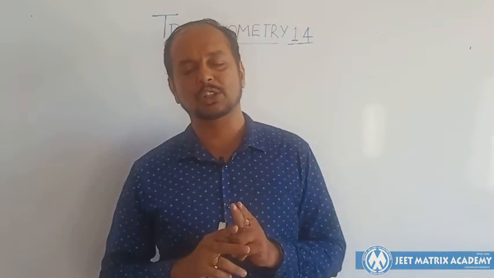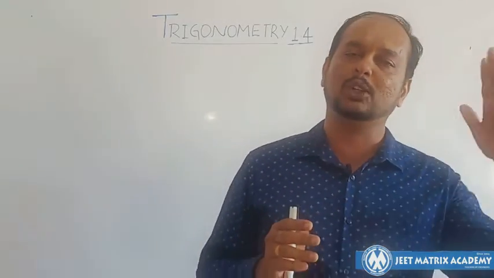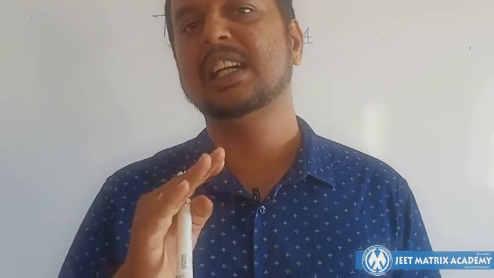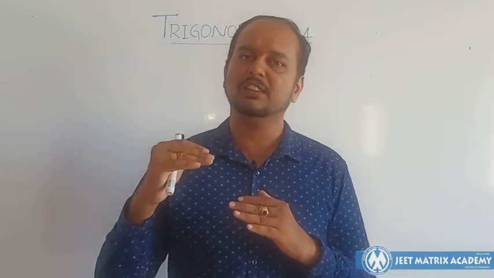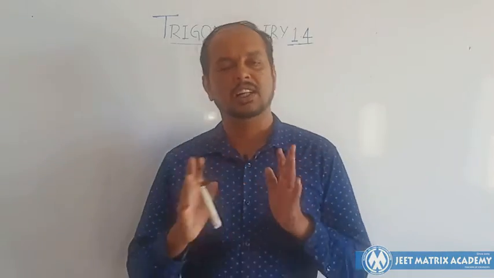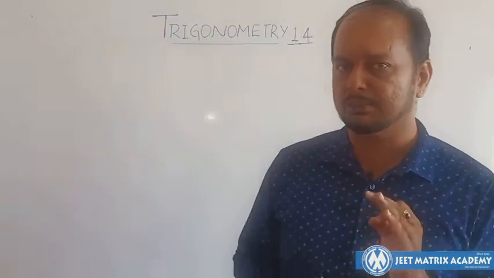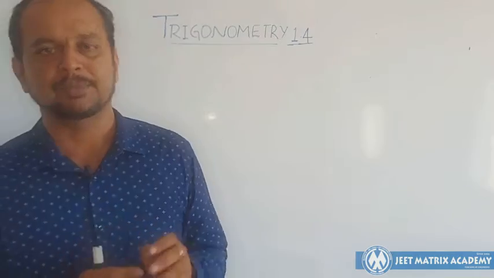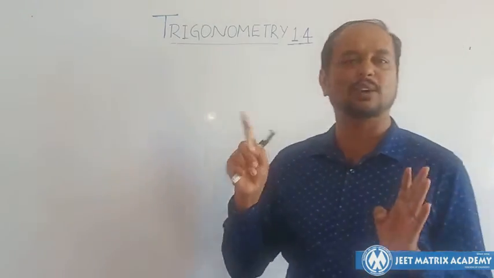Two things you are supposed to remember: one is sine 0 is 0 and sine is increasing from 0 to 90. Second thing is cos 0 is 1 and cos angles are decreasing from 0 to 90. These are the two things you are supposed to remember. The rest of the things you can get from this information. Let's see how exactly you can get the values of different angles. First of all, sine 0 is 0. Then sine 90 is 1.